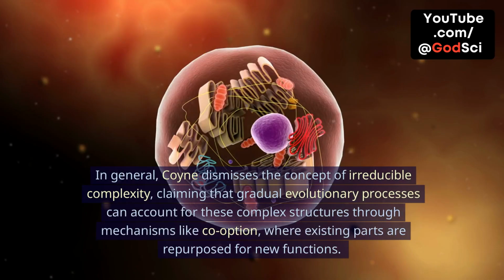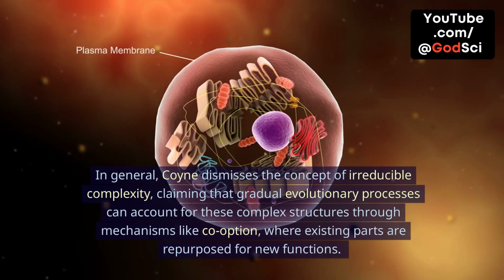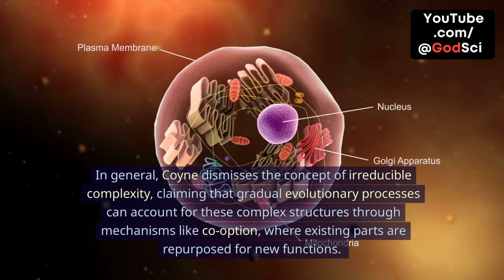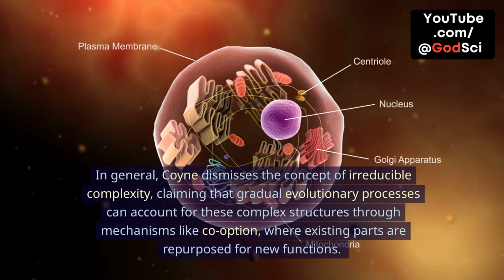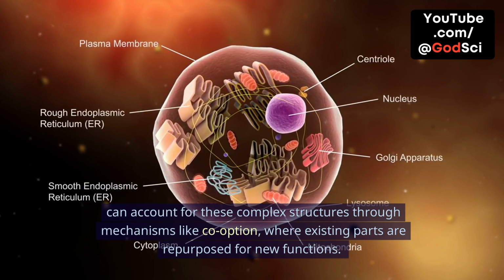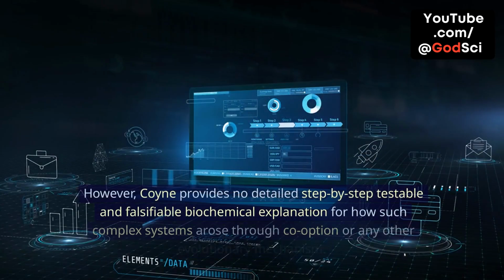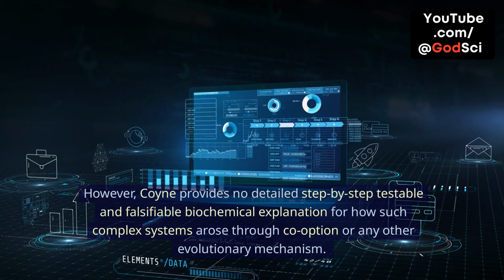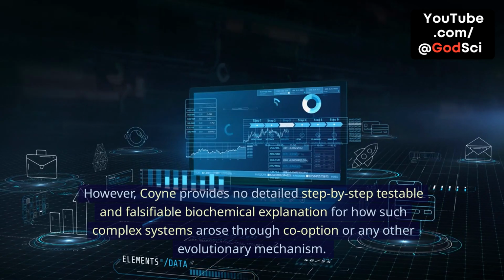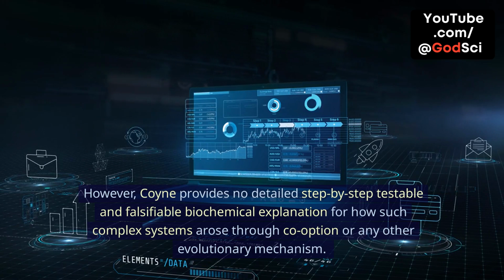In general, Coyne dismisses the concept of irreducible complexity, claiming that gradual evolutionary processes can account for these complex structures through mechanisms like co-option, where existing parts are repurposed for new functions. However, Coyne provides no detailed step-by-step testable and falsifiable biochemical explanation for how such complex systems arose through co-option or